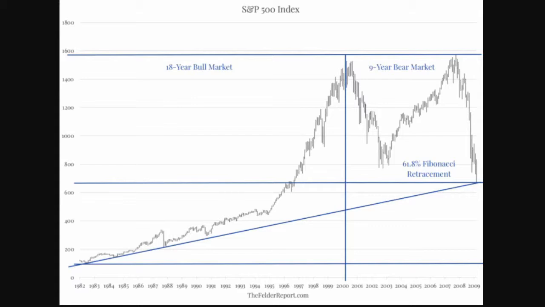Back in March of 2009, within days of the bear market low, Jesse Felder shared this chart that highlighted a very interesting long-term Fibonacci support level. The chart shows that the S&P 500 bottomed almost exactly at the 61.8% Fibonacci retracement of the bull market gains that began in 1982. Obviously, this proved to be a very durable low as stocks went on to gain more than 300% over the